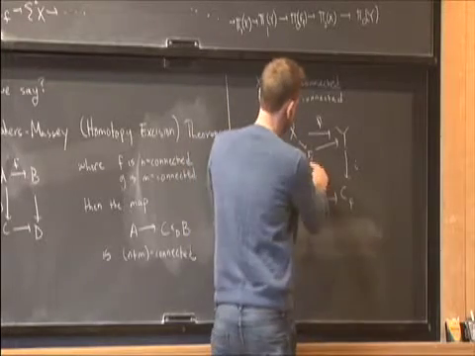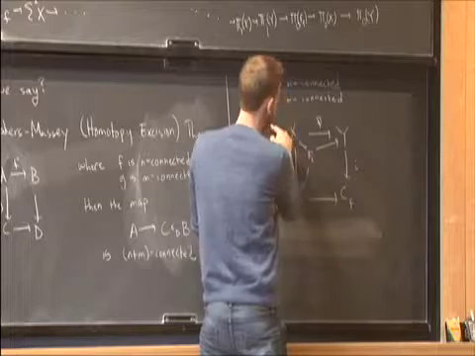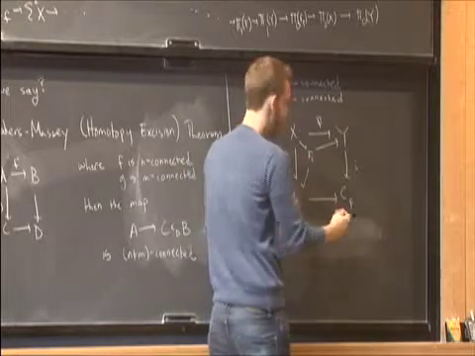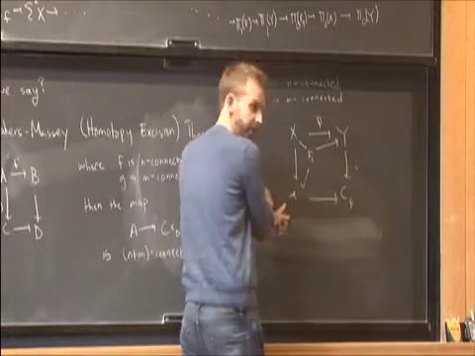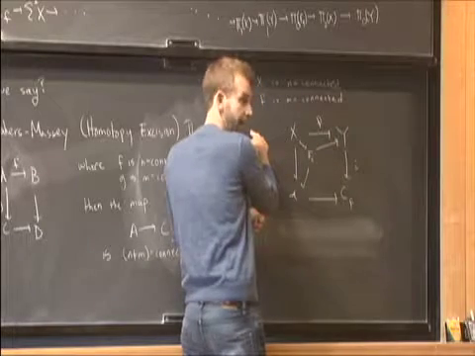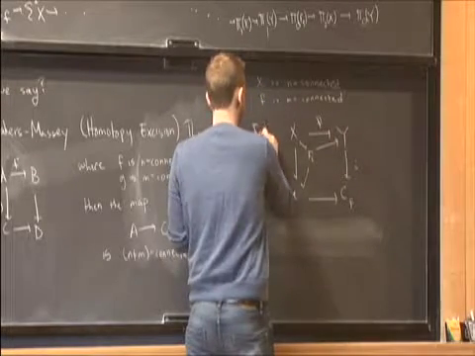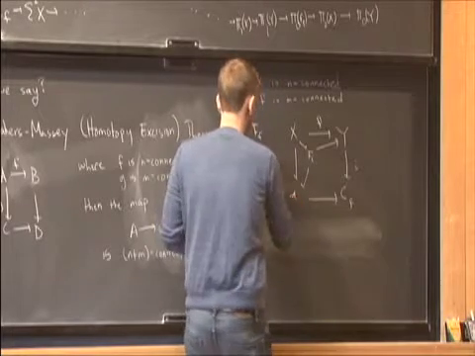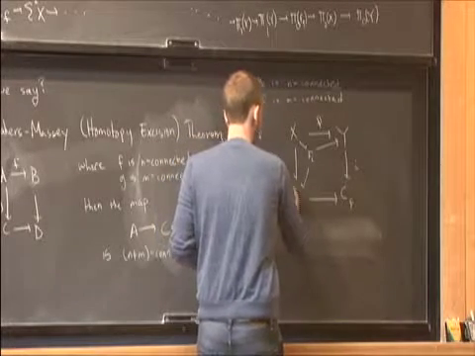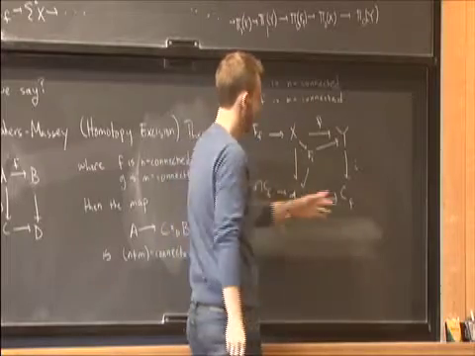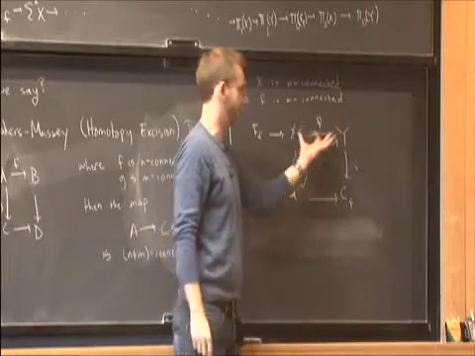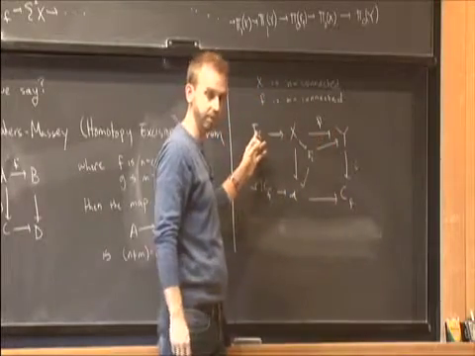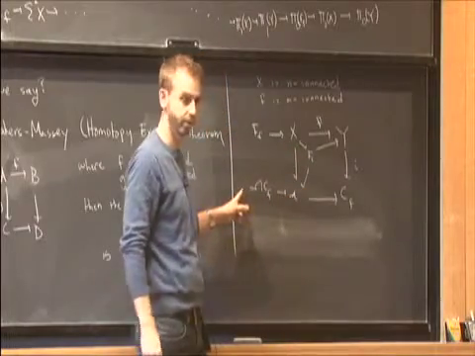Another way, but this map, its fiber can also be obtained a different way. I can also take the fiber of this map and the fiber of this map. So let me call that f sub f. And the fiber of this map right here is just loops on C sub f. For any map you can generate the fiber sequence, so I just generated the fiber sequence this way.